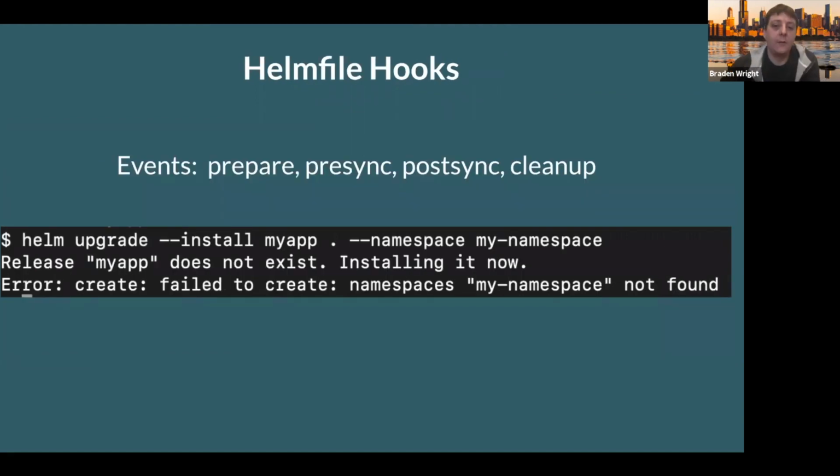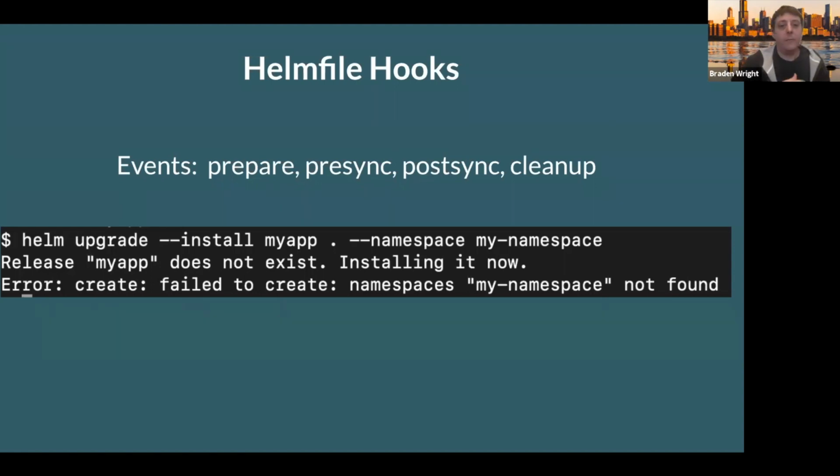So one of the other things that just worked in Helm 2 but no longer works in Helm 3 is if you try to install and the namespace doesn't exist. In Helm 2, your chart would just create the namespace and then install into it, and everything would work great. In Helm 3, they got rid of that, I guess, to match the other patterns that they have in other places in Kubernetes. And so now you have to make sure you set that up beforehand,